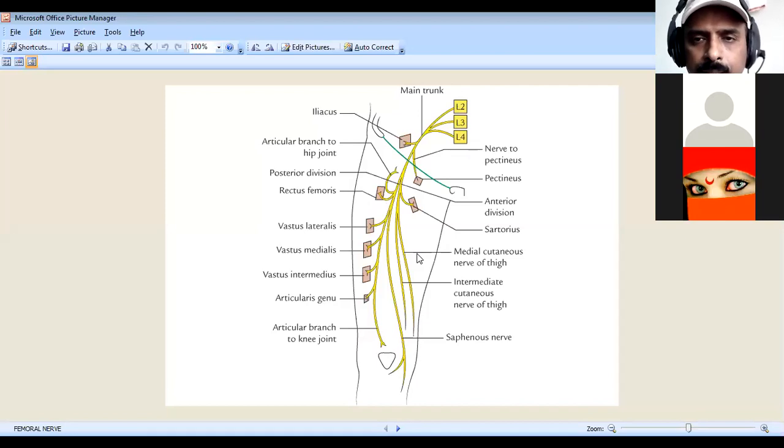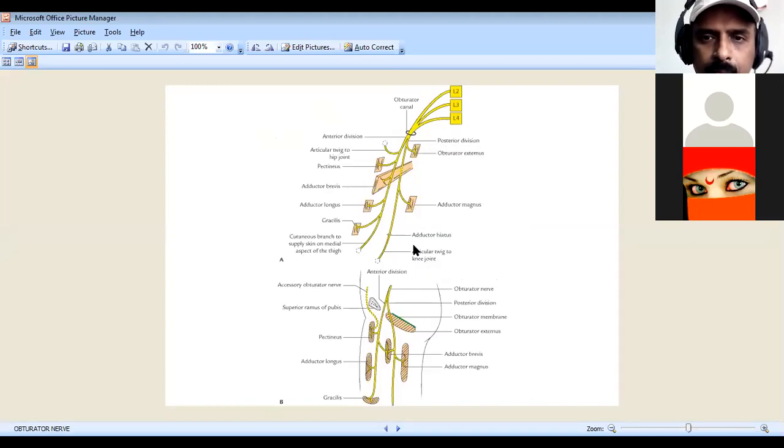So here, the femoral nerve is the main nerve of the front of the thigh region, which lies lateral to the femoral artery and femoral vein. First, it passes into the femoral triangle below the inguinal ligament. It runs about 2 to 4 centimeter below the inguinal ligament, and it divides into an anterior branch and a posterior branch. So that you have to remember. Then, as I have told, for all nerves you should know its branches. So the branches you have to know are muscular branch, vascular branch, articular branch, cutaneous branch. Those you have to study here.